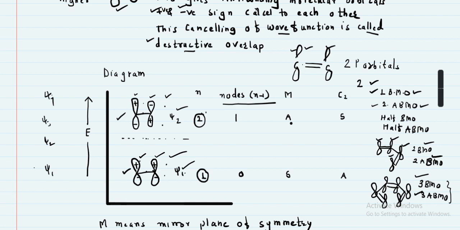Okay, therefore in this case n is 1, therefore 1 minus 1 is equal to 0, therefore the node for this orbital is 0. For this case 2 minus 1, therefore the node of this is 1. Okay, therefore by using the nodes we can construct the diagram. In this case no nodes means, if suppose ethylene first, if you try to draw the orbitals, first if you take the orbitals and see there are no nodes.